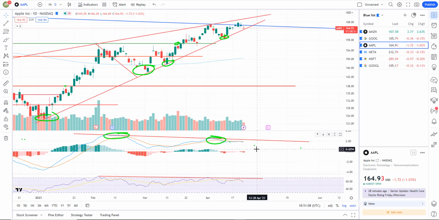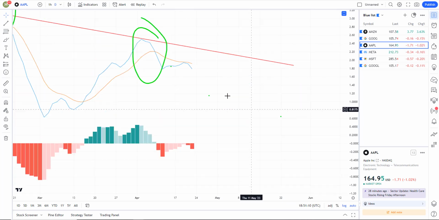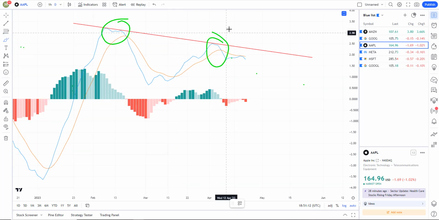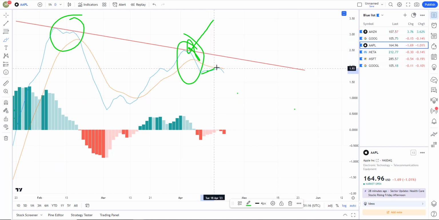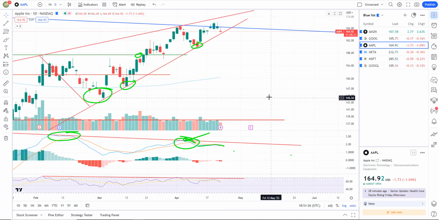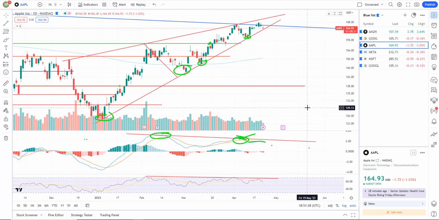Another thing I'm noticing, if I zoom in on the PPO right here, you can see we had the bearish crossover in the past. It was really right there, and then it started to turn up, making it look like it was going to cross back, but then so far today it pointed back down and is just getting rejected. So it helps to firm up the confirmed negative divergence. We're at the apex of this wedge. I'm thinking we're going to break here relatively soon.